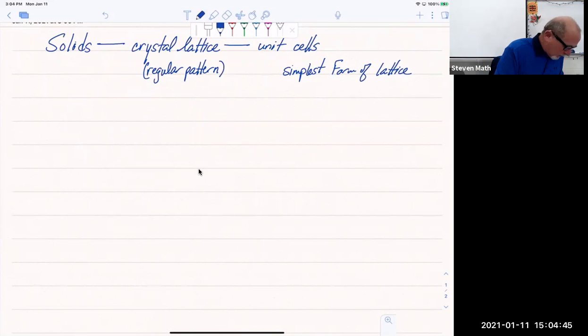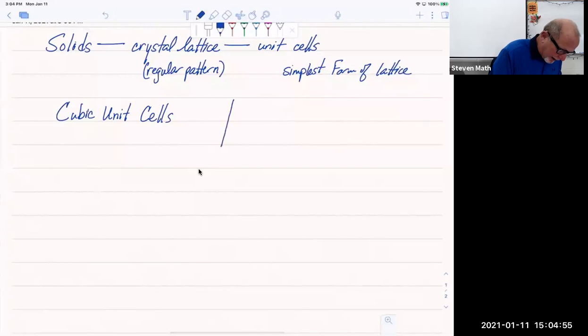So we're going to deal with cubics. Well, as the name implies, if it's a cubic unit cell, it's going to be a cube